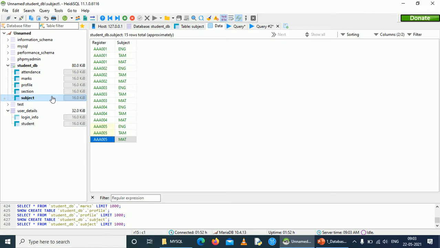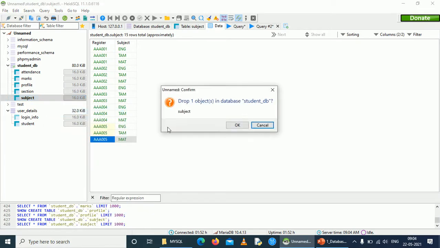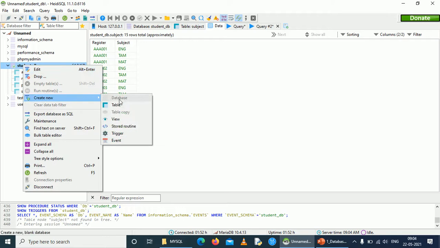So now I will just delete this table, register and subject. I will create a subject table, same table.